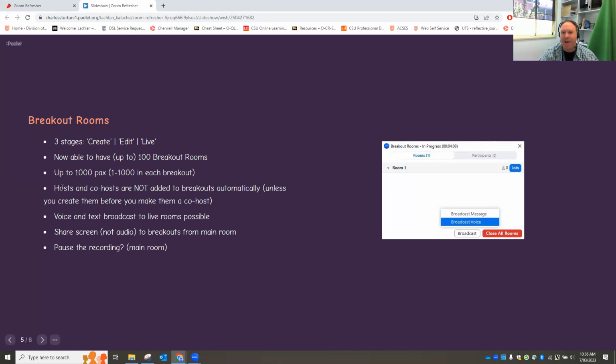But if you make your breakout rooms and then change someone to a co-host or a host, they'll have already been allocated and they will join breakouts when you launch them. This may seem like a bit of a nothing change, but it's important because if your co-hosts are expecting not to be in there until they're ready to be in, and then they get thrown in, which is what happened in the last town hall that we had,